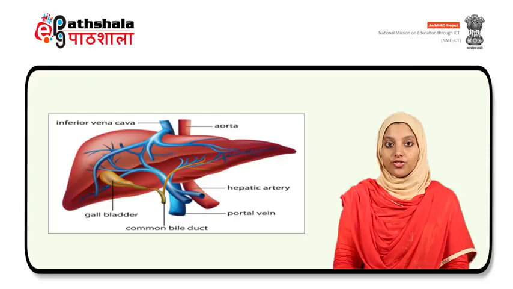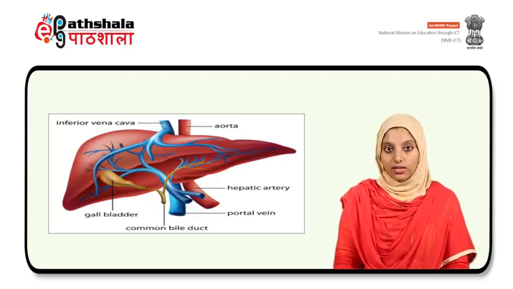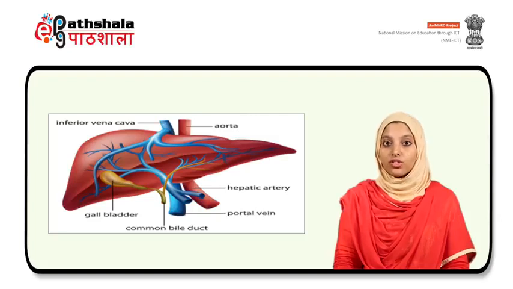Hepatocytes are the chief functional cells of the liver and perform a number of metabolic, endocrine and secretory functions. Approximately 80% of the mass of the liver is contributed by hepatocytes. The functions of these cells are protein synthesis, protein storage, transformation of carbohydrates, synthesis of cholesterol, bile salts and phospholipids, detoxification, modification and excretion of exogenous and endogenous substances, and initiation of formation and secretion of bile. So these are the functions of the liver.